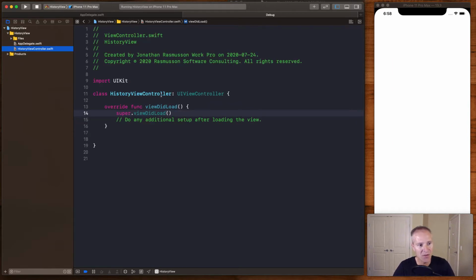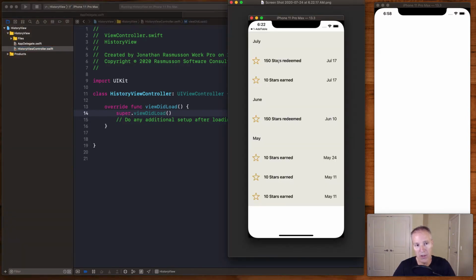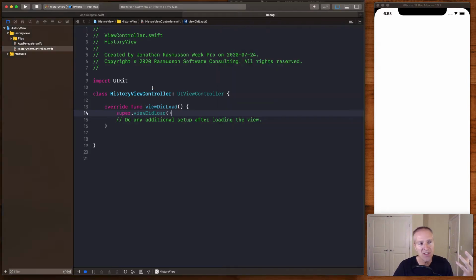Let's now click on that HistoryViewController. And there's a couple ways we could go ahead and build this. One, we could create a table view, a UITableView, put it in this view controller and pin it to the edges and lay it out using standard auto layout. But because this is a pure table view, we can actually make use of the UITableViewController in its entirety. And that'll already have the table view instantiated, will already be set up as the delegate and data source. It'll all be hooked up for this. So this is actually a good case to extend something called a UITableViewController